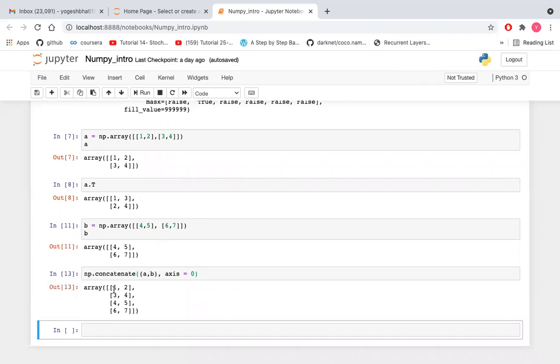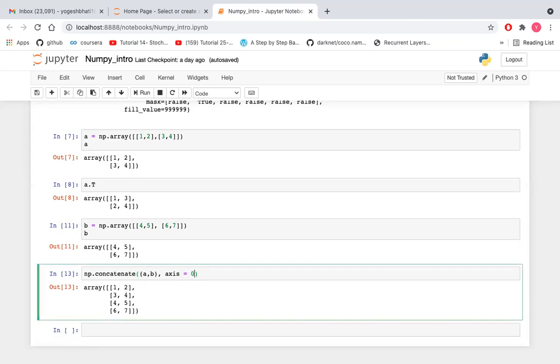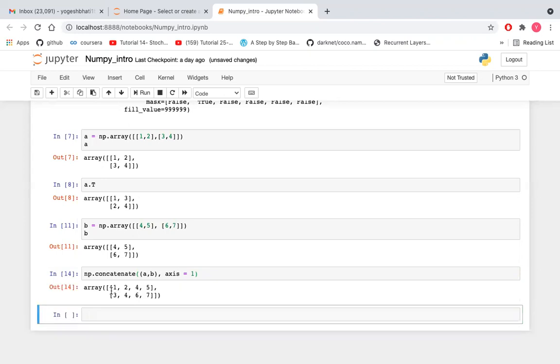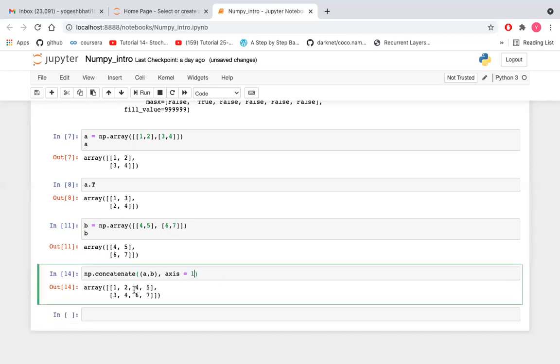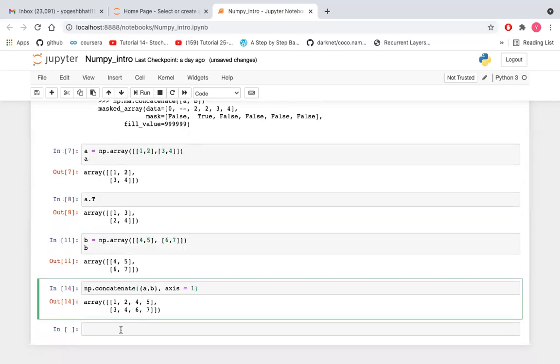So here it is taking the value according to how we want to concatenate together. If there is a 1D array, there is no need to specify axis equal to 0 or 1, because it automatically works row wise. But in the case of 2D or 3D, we have to mention the axis. Here it is taking values like 1 2 3 4 and then row wise 4 5 6 7. If I put axis equal to 1, then it will take values column wise: 1 2 3 4 4 5 6 7. In this way the concatenate function works.